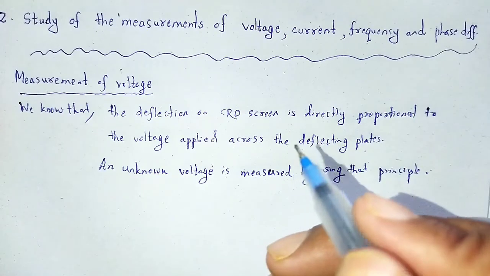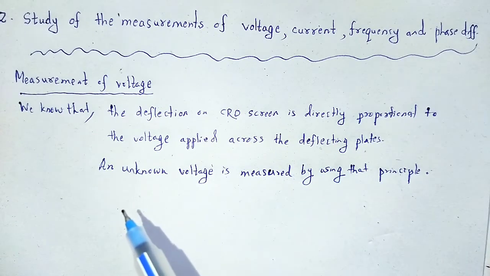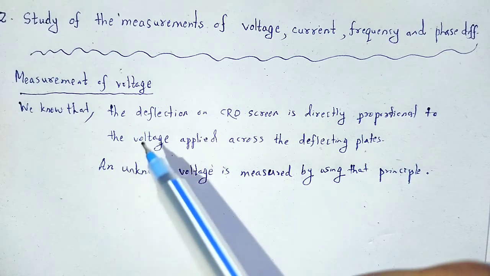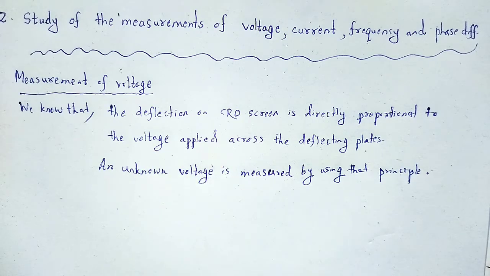How? When the direct voltage to be measured is applied across the vertical deflection plates in the absence of the sawtooth wave,